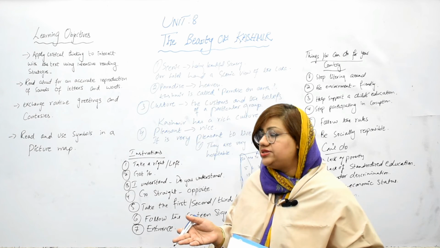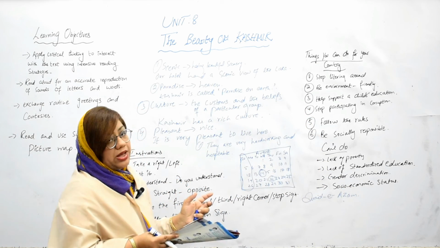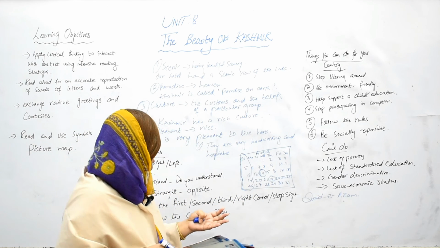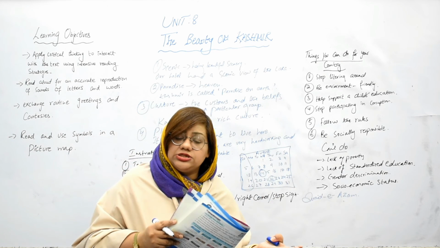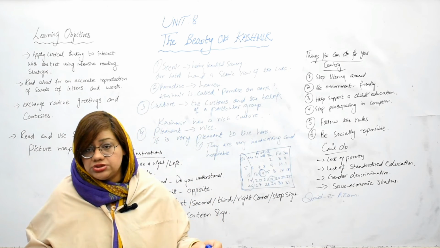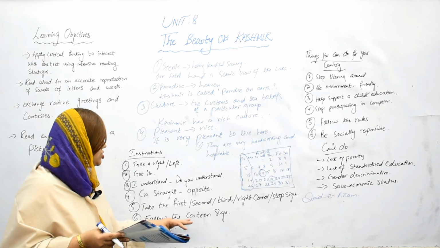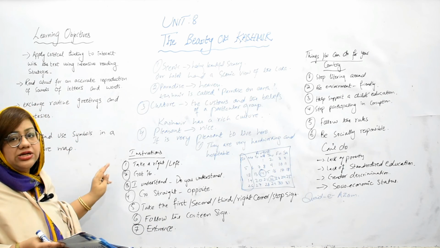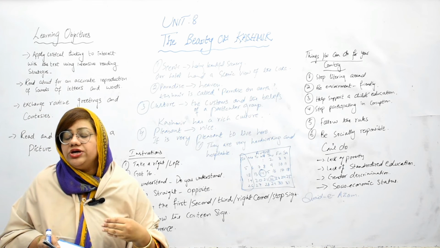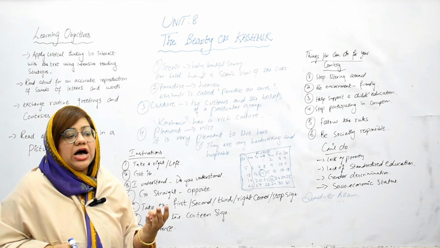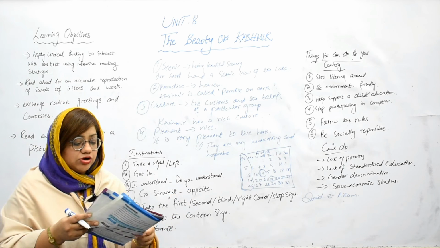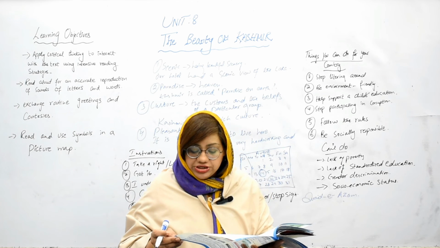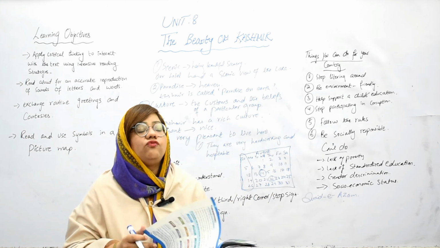Let me revise that in a few seconds. We have discussed the unknown words along with the meanings and sentences. Then we discussed the things we can do and can't do, the expressions. Then the instructions, which I forgot to discuss with you, so let's have a look. In what way do you instruct others? For example, on page number 81: give direction to your partner to reach the canteen and also instruct him how to buy food from the market.